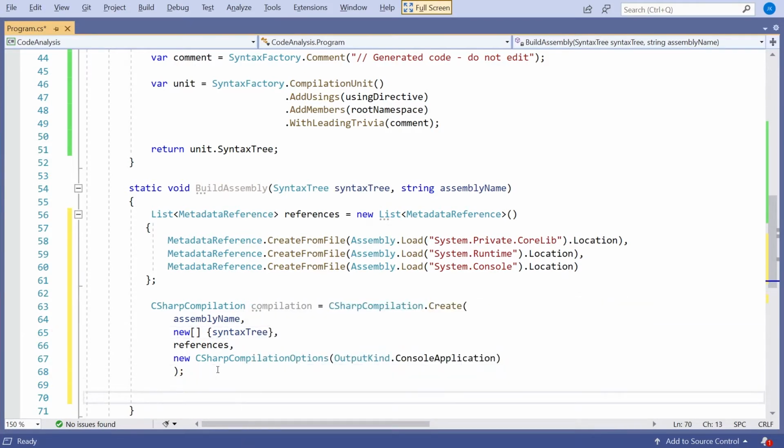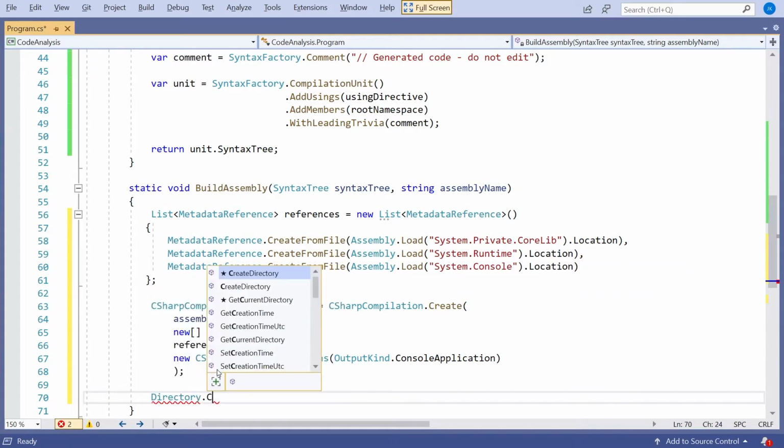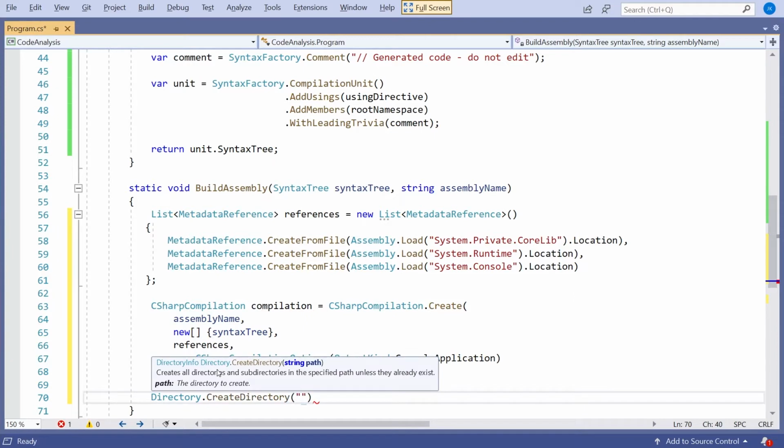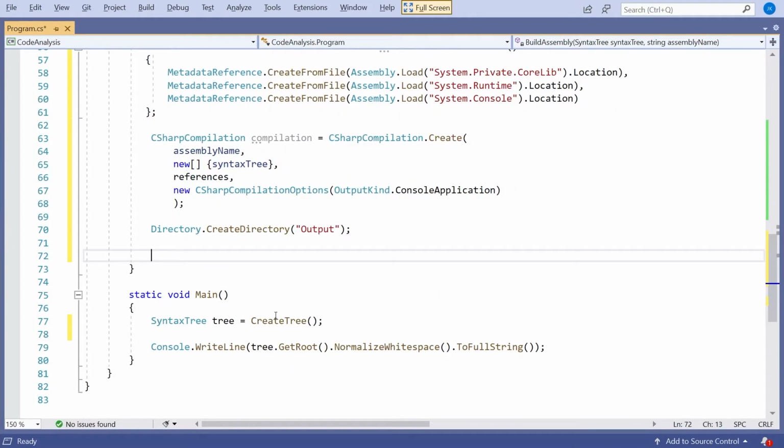What I'm then going to do is just make a separate folder to put this stuff in. Obviously, it's up to you to decide where you want it, but let's just have a Directory.CreateDirectory, and we'll just call this output. And then let's create a file stream to write it to.